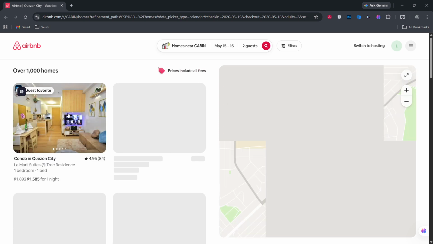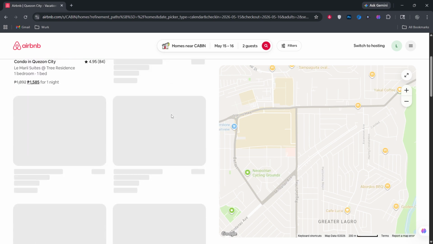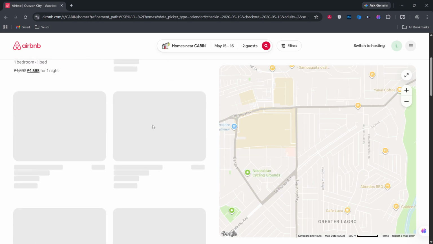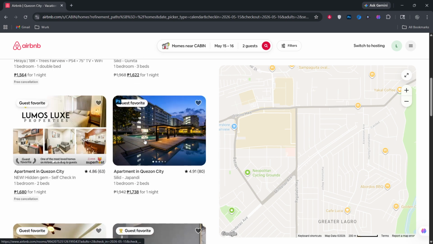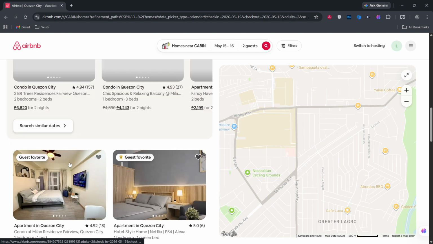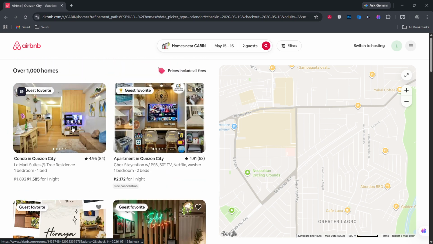After you tap a category, the results will refresh to show places that match that theme. You'll see a grid of listings with big photos front and center, along with a short title, a general location, and a nightly price. Take your time scrolling through this feed. Let the photos guide you. Outdoor decks, spiral staircases, panoramic windows, or whimsical shapes often signal the personality of the stay.